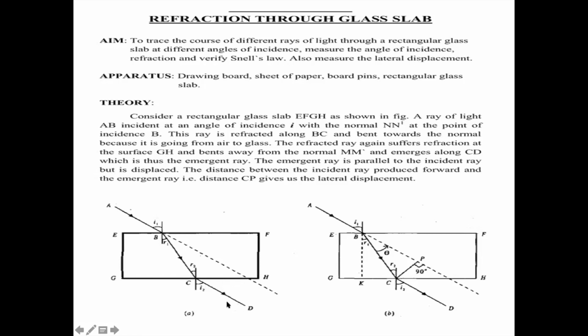This experiment shows us the rules of refraction: when the ray of light moves from a rarer medium to a denser medium, the refracted ray will move towards the normal. And when the ray of light moves from a denser medium to a rarer medium, the ray of light will move away from the normal. Do this experiment: take a glass slab, draw the outline of the glass slab, draw a line on one side, see from the other side, and make a straight line by seeing that.